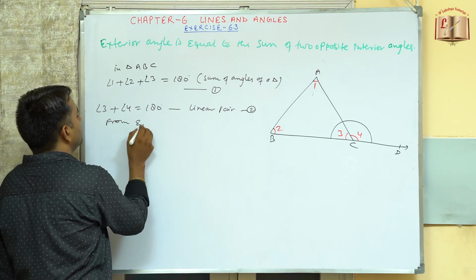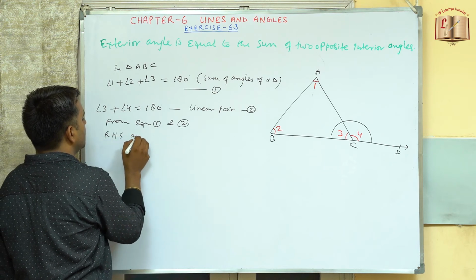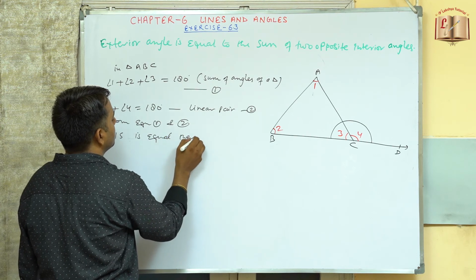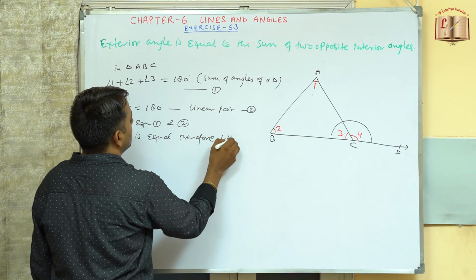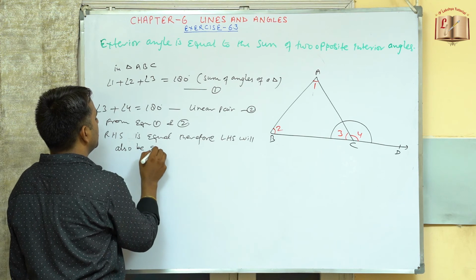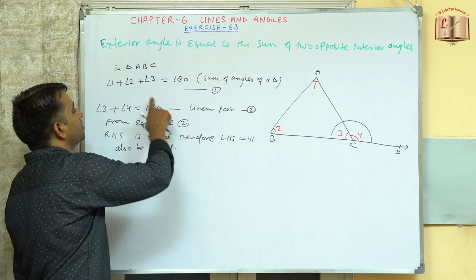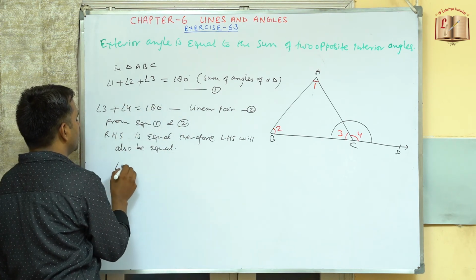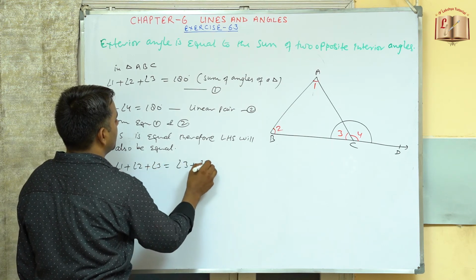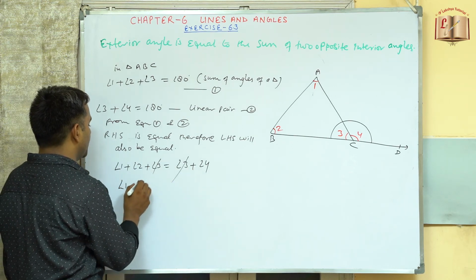So from equation 1 and equation 2, the right hand side is equal, therefore the left hand side will also be equal. Angle 1 plus angle 2 plus angle 3 will be equal to angle 3 plus angle 4. Angle 3 cancelled, so we got angle 1 plus angle 2